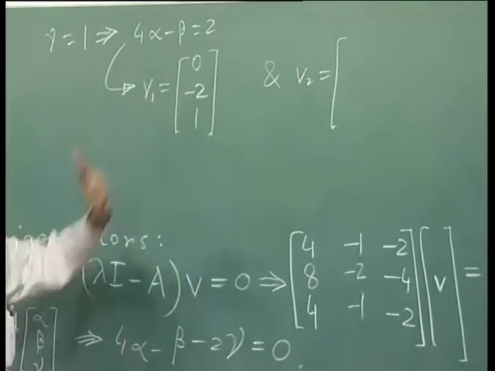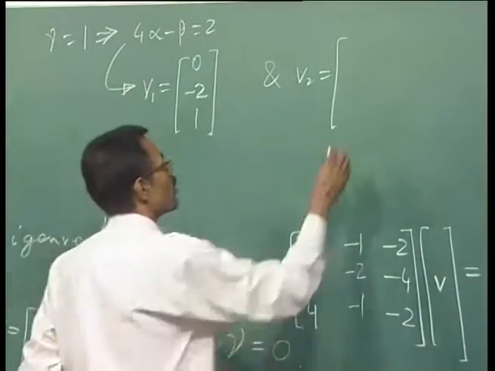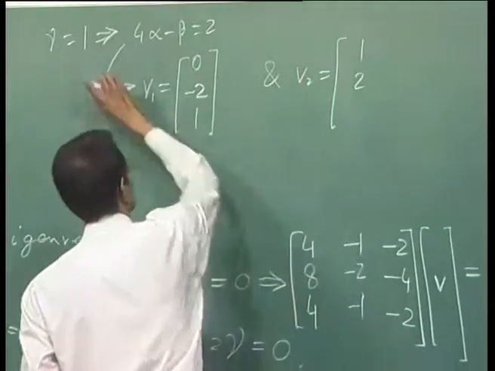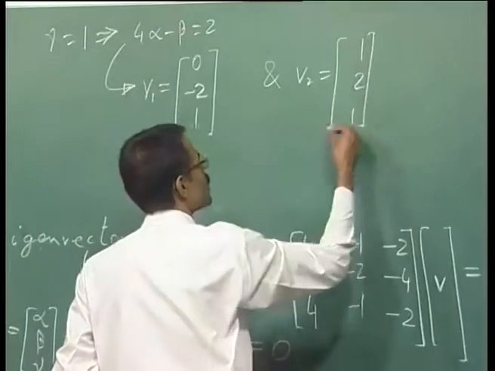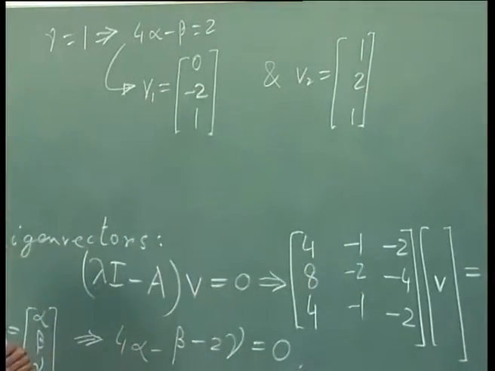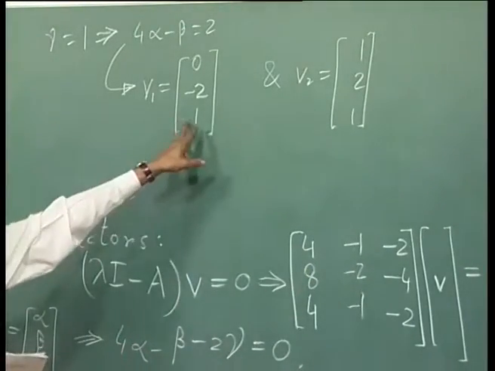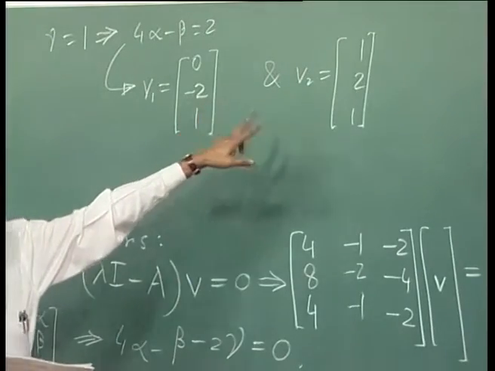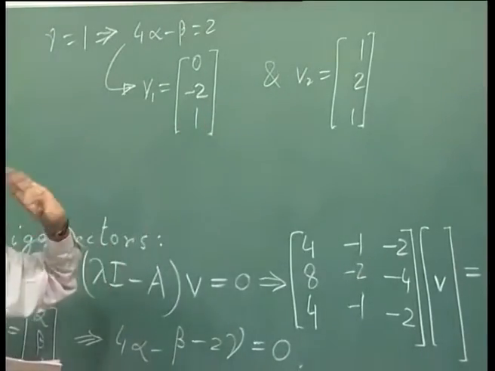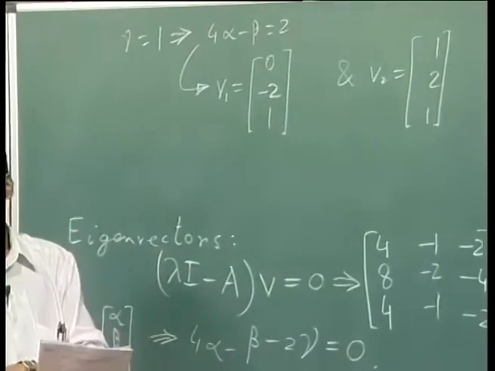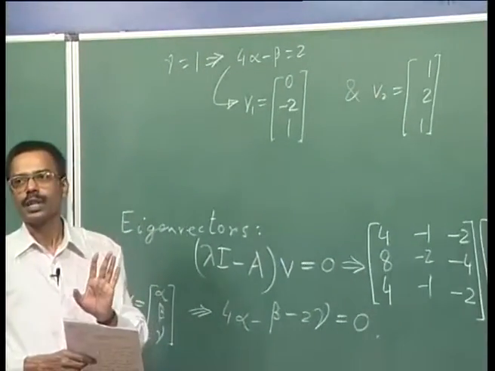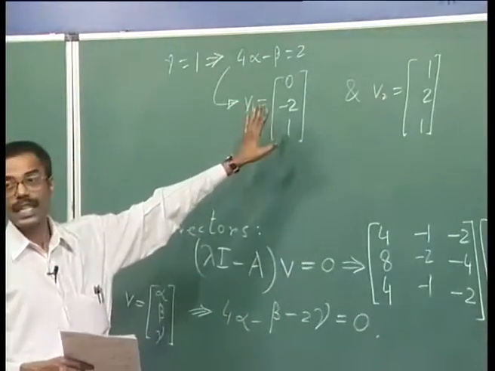Then we will have this satisfied. So, 1, 2 and gamma is already chosen as 1. So, these are the two linearly independent eigenvectors. You can see that they are linearly independent. Okay. So, two linearly independent eigenvectors you have got, and only 2 you will get, because no other independent choice